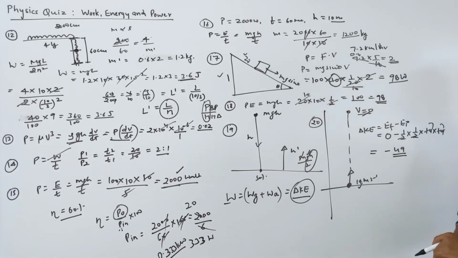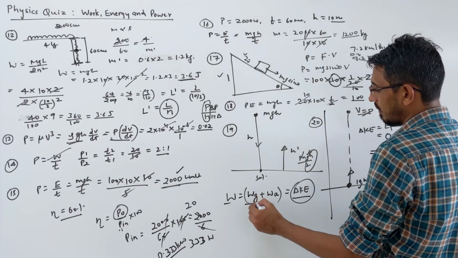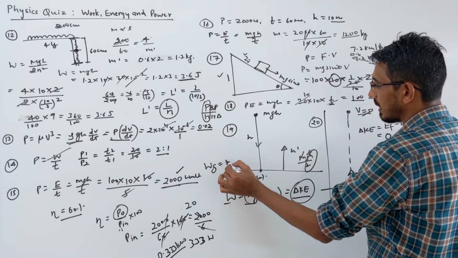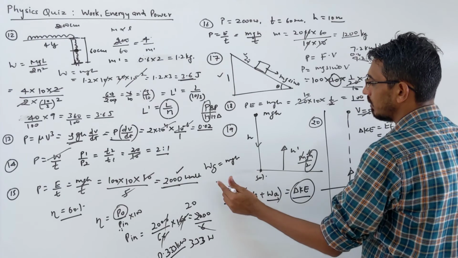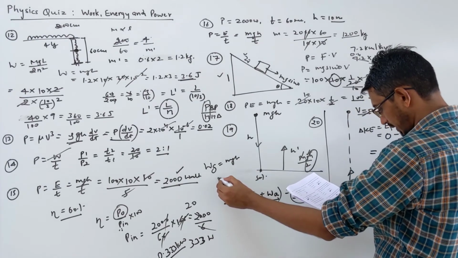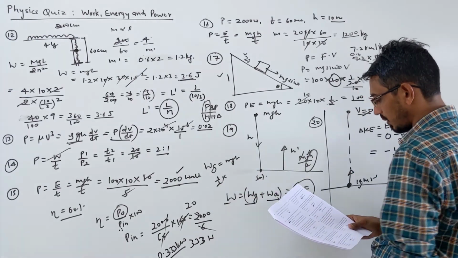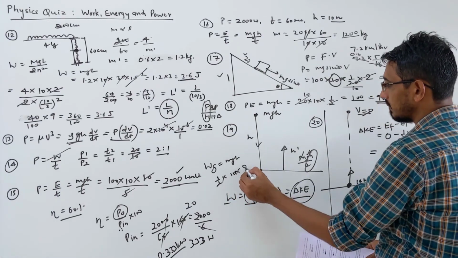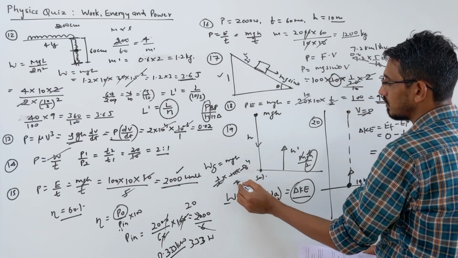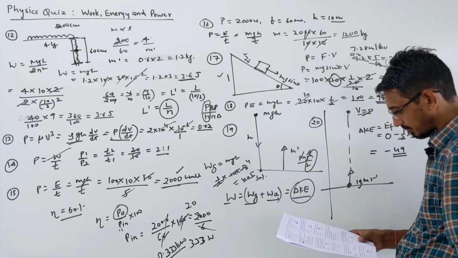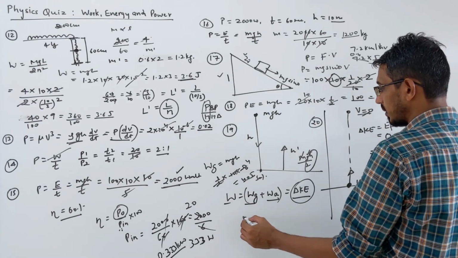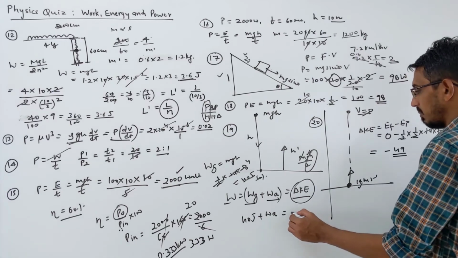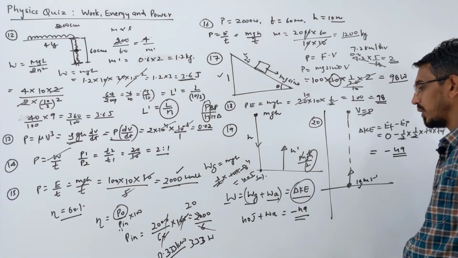Correct. Now look at this: work done is also equal to work against gravity plus work against friction. Gravity we can calculate, because work done against gravity is simply mgh only, right? M is given 1 by 2 kg, 0.5 kg, g I am writing 10, and height is 8 meter. So this becomes 4, so this becomes 40 joule. Correct. Now work done is equal: this is given 40 joule plus W_A, and this is given minus 49. Also you need to give attention here.